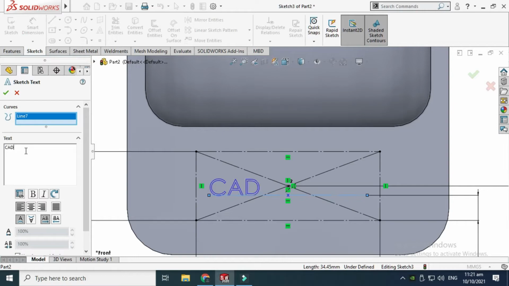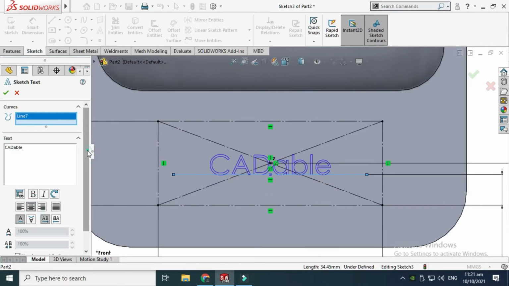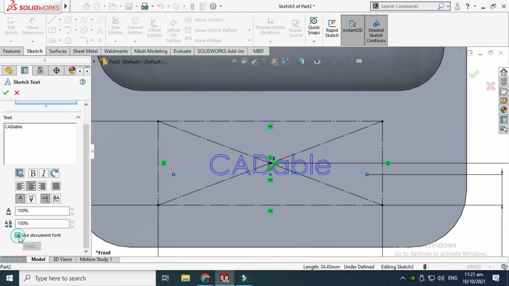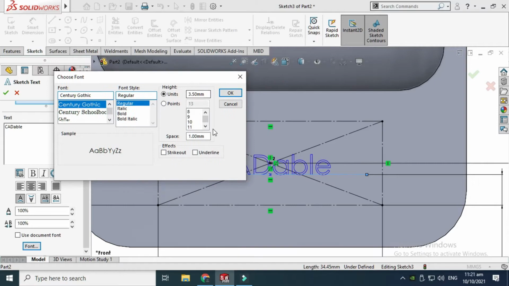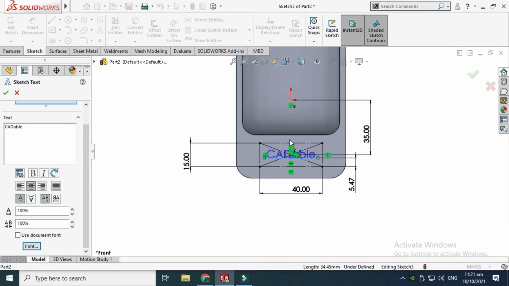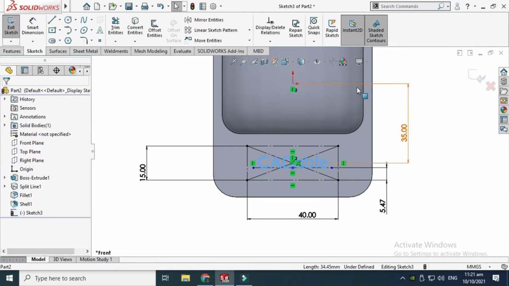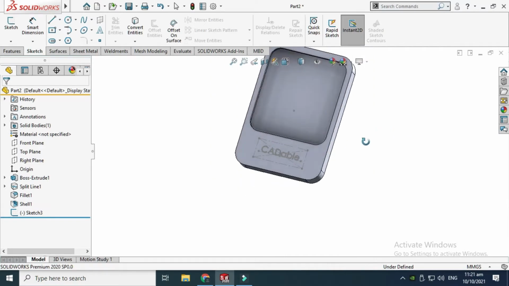I'll write CADable, C-A-D-A-B-L-E, right? And you can center your text. Just uncheck it, go to font, and I can increase my font. Let's say I'll change it to 5, better, and select OK. Right, so we are done with this